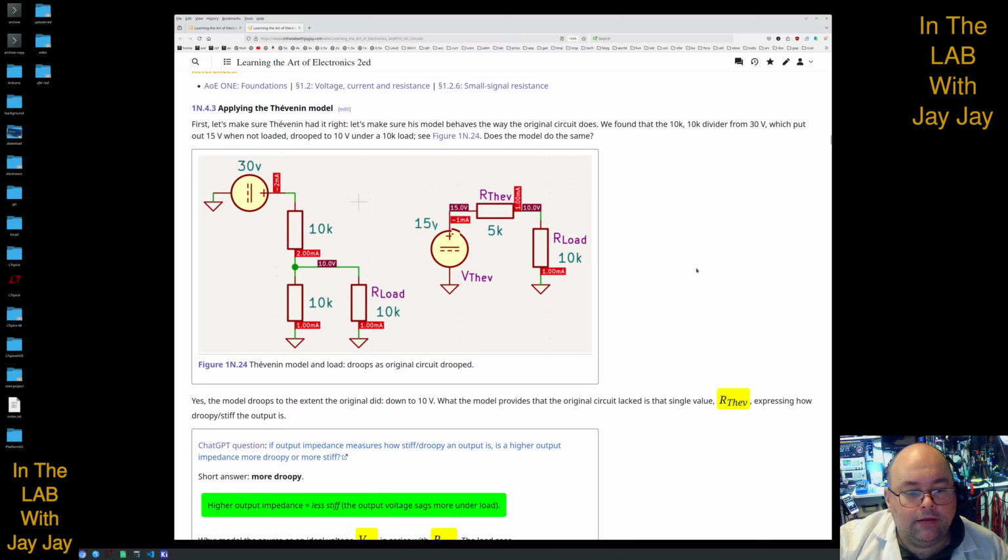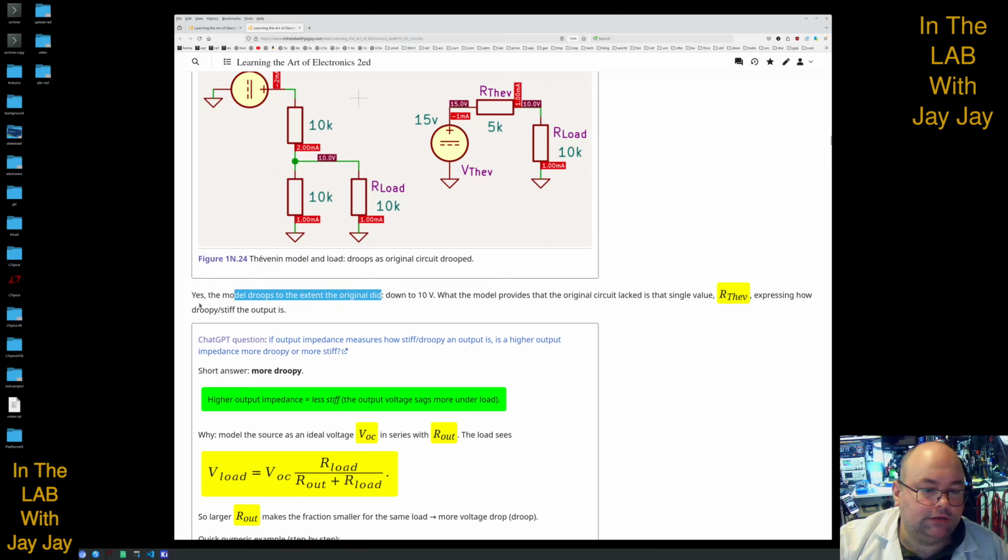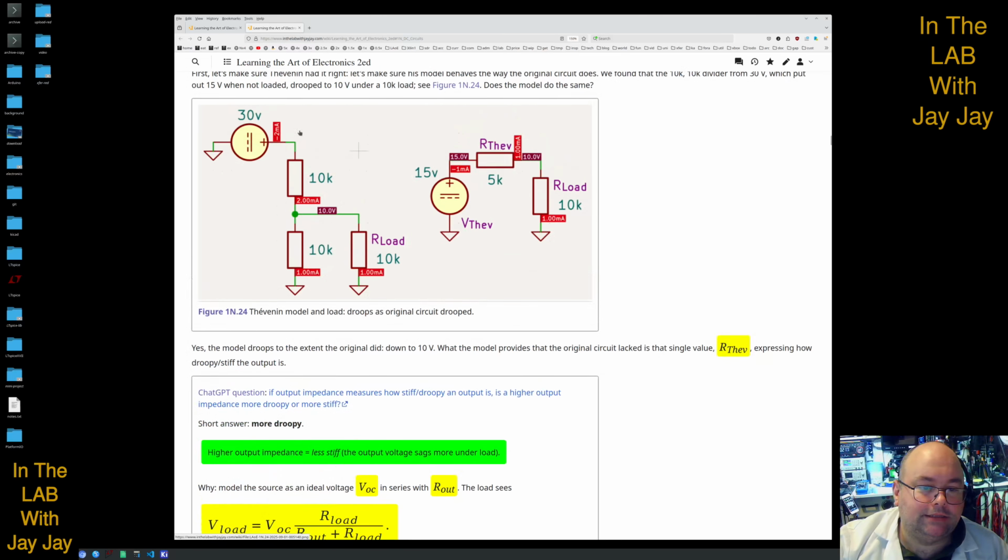We're expecting to find that the model droops to the extent the original did. So that's a spoiler alert. That's what we're hoping to show, down to 10 volts given the ones that they had, but we won't be using the same voltages, so ours will scale down by some factor. So what the model provides that the original circuit lacked is that single value, the Thevenin resistance, which expresses how